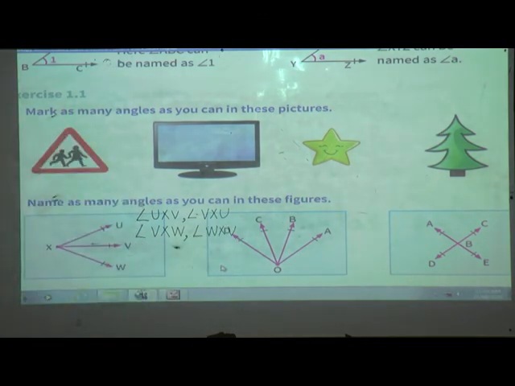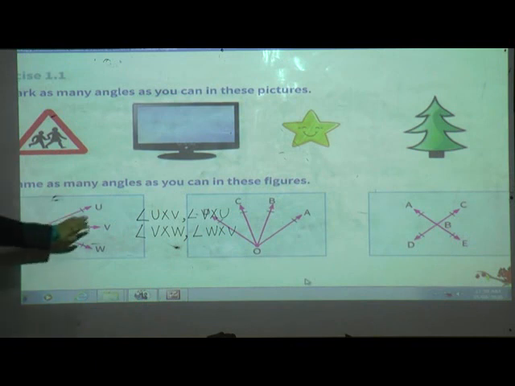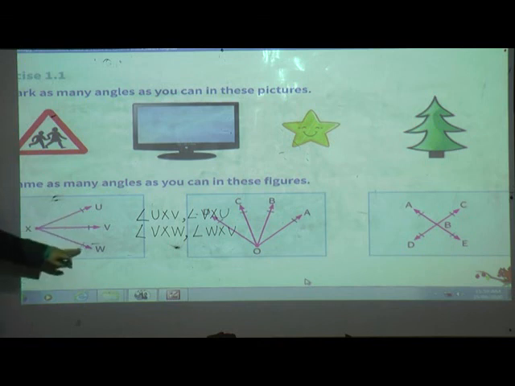See, students, we can write different names: angle UXV and angle VXU also. And the second one, angle WXV, again angle VXW, but the vertex is always in the middle. Now,